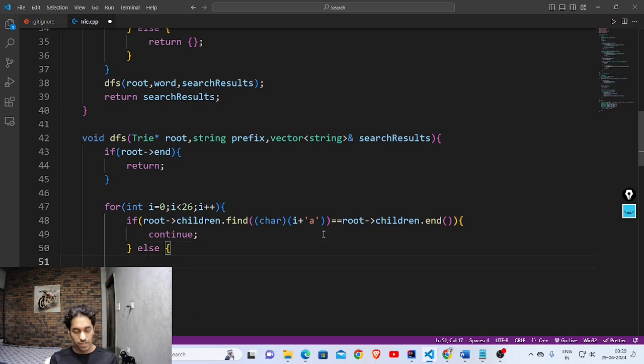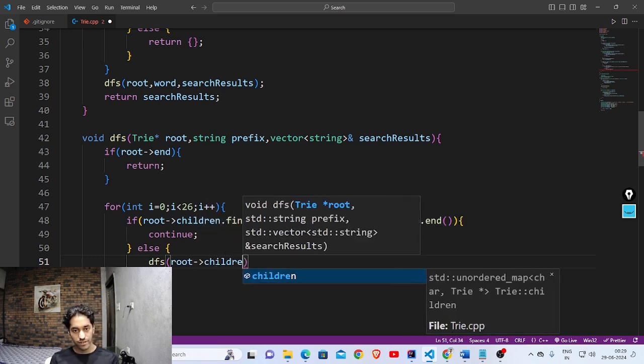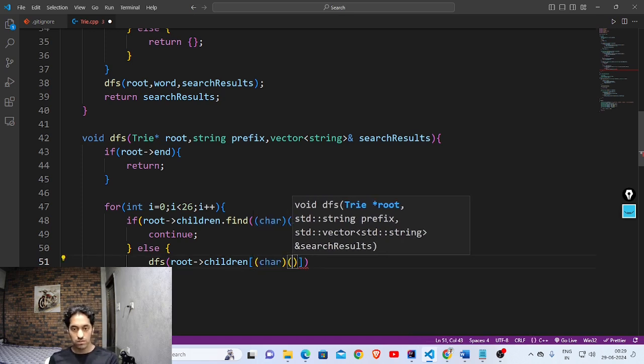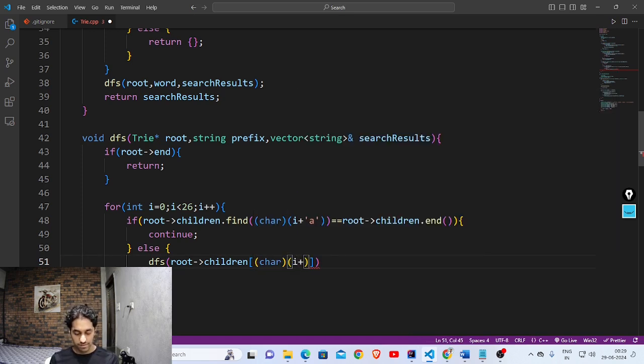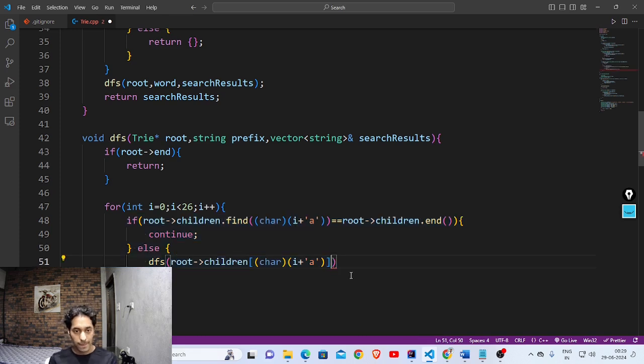Else I do a DFS and I will pass in the root again. Now the root will be root of children of I, again, character of I plus this. We can just traverse the map as well. That will be easier to code. I've done it this way. Okay, and this will be